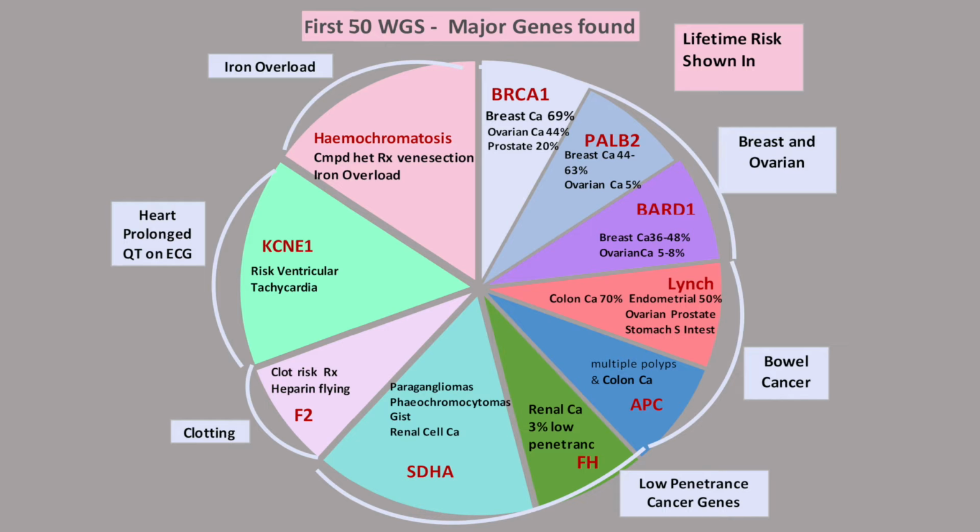We found genes for nerve cell sheath tumours, an SDHA gene. We found genes for increasing people's risk of clotting, a particular type of gene that does that. So those have been really useful for those people and will reduce their risks. And we've also found some other people who had genes associated very closely with BRCA, not quite BRCA, PALB2 and also a BARD1, and those people will have extra breast screening and may have their ovaries out,